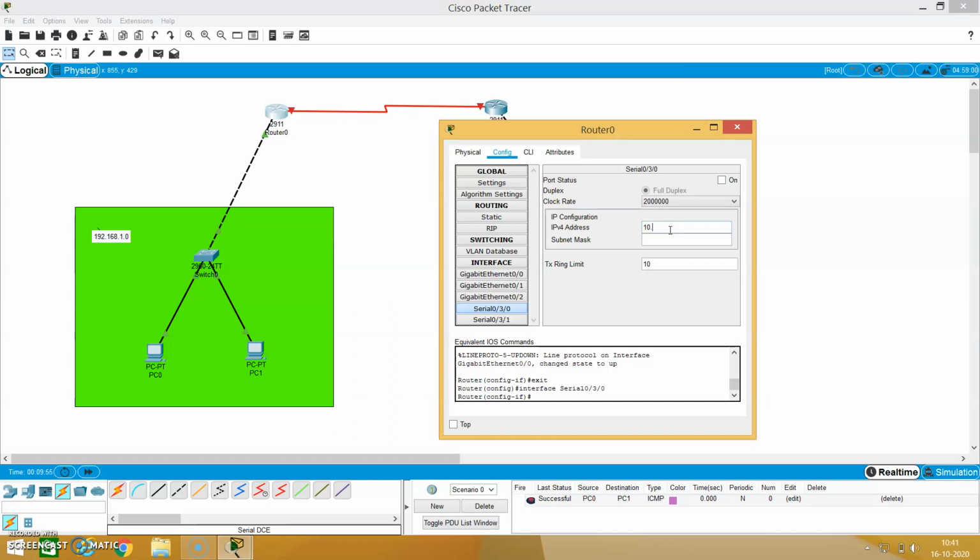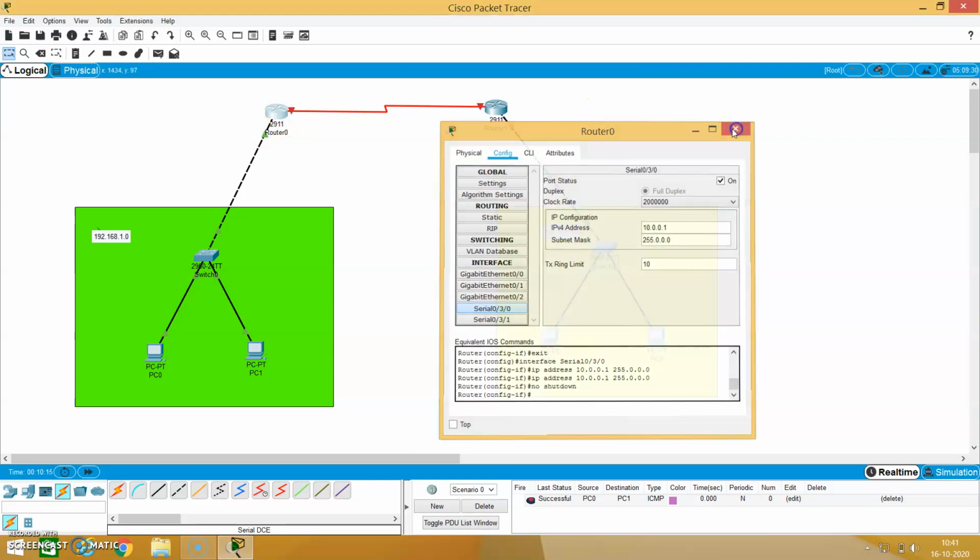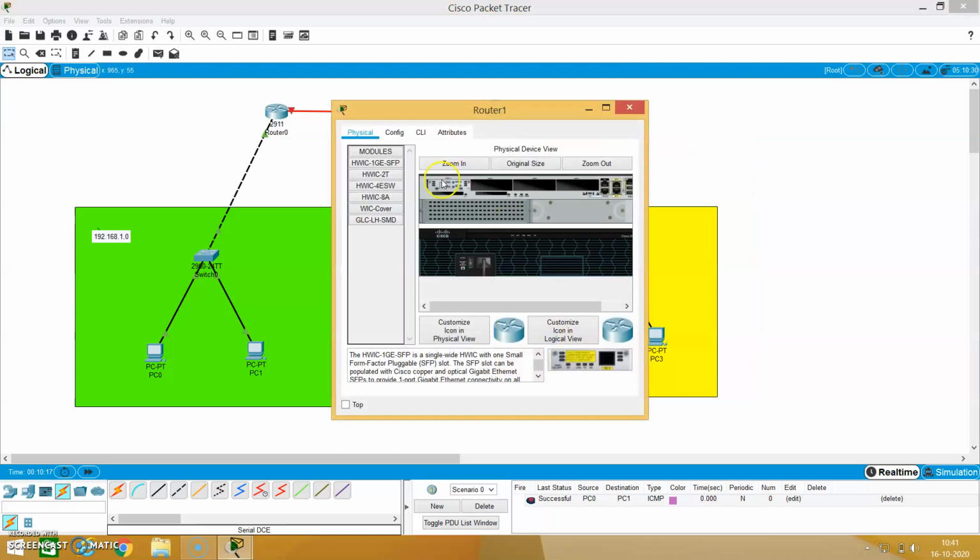I am giving 10.0.0.1 and the subnet mask default 255.0.0.0 and check on this box. Okay, and it will bring up that interface. So that configuration is over. You close that and take the second router.